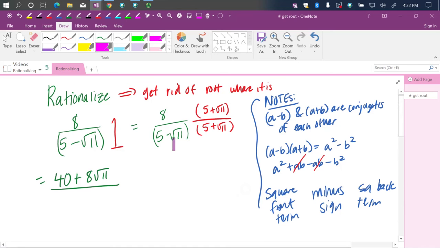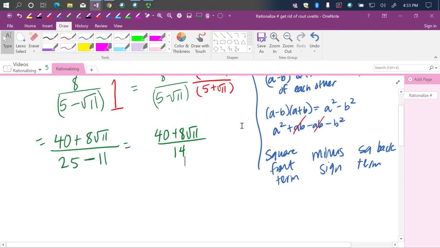And then in the denominator, you have a minus b times a plus b. You could always FOIL it. But notice 5 is the front of both of these. And there's a root 11, but one is a negative root 11. The other is a positive root 11. So that's like negative b and positive b. So we're going to square the front. So 5 squared is 25. We're writing a minus sign, and we're going to square the back. Well, the square root of 11 squared is just 11. Does that make sense? So our numerator is 40 plus 8 square root of 11, and our denominator is, what,